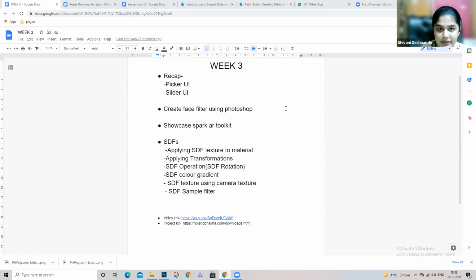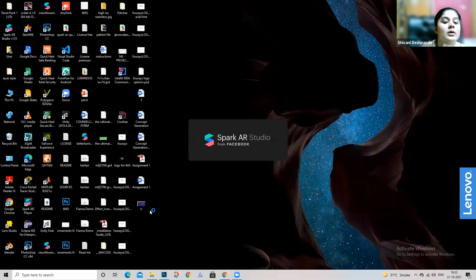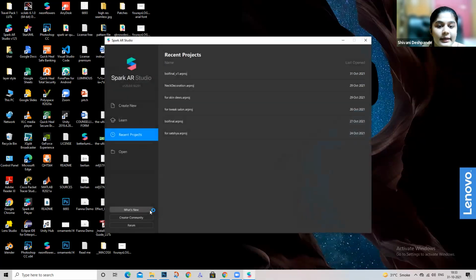So let's start with a recap of Picker UI.